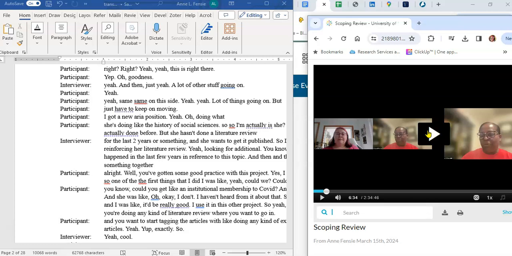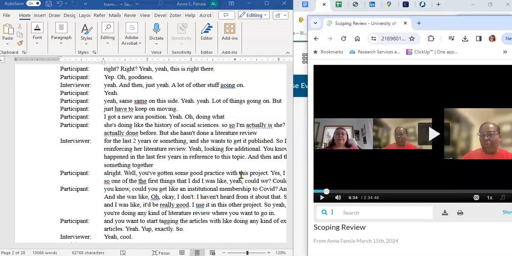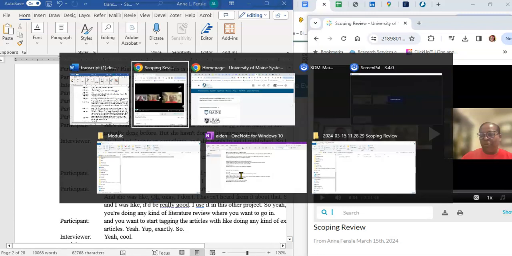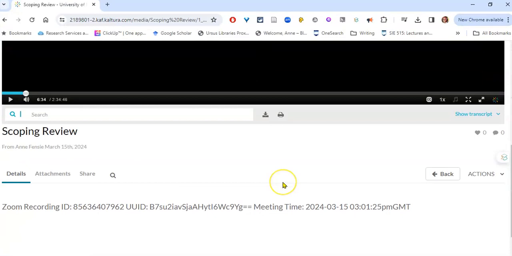So instead of clicking back and forth between them, what I often do is Alt and Tab, and that will switch you between windows, making one of them the active window so that you can use those keyboard shortcuts. So that's how you can edit the transcript in Microsoft Word, but I actually like to edit it right in